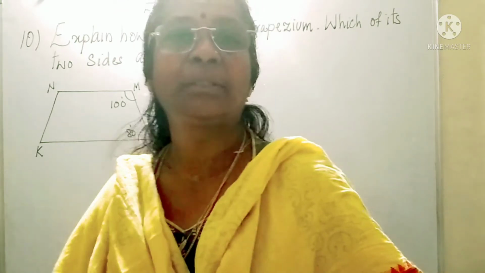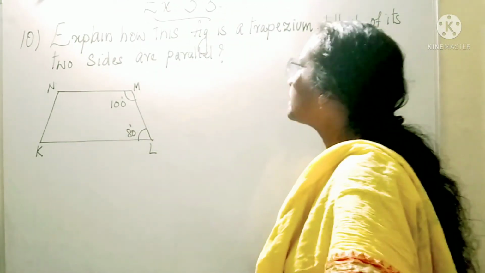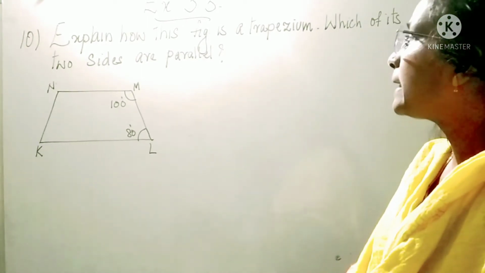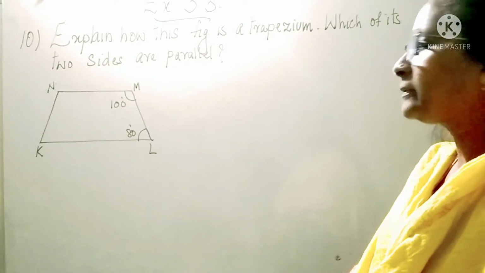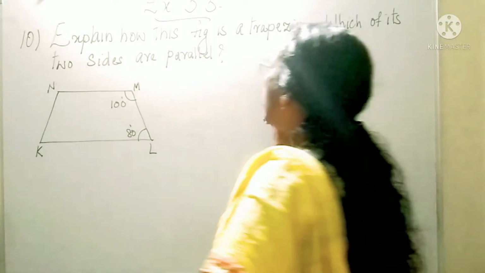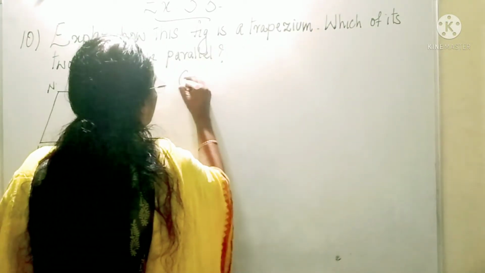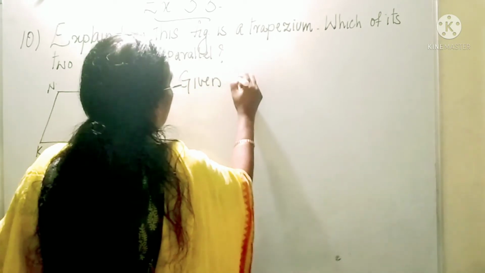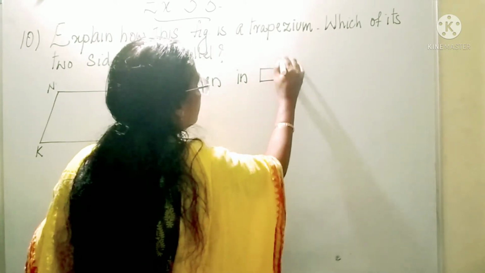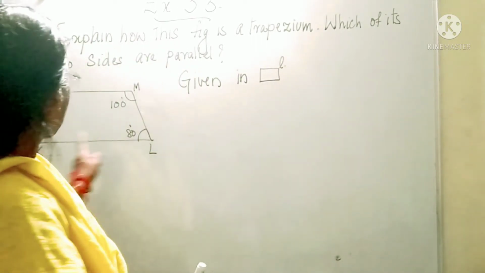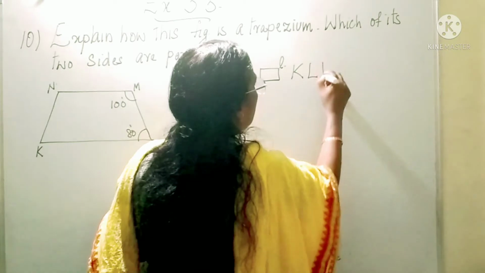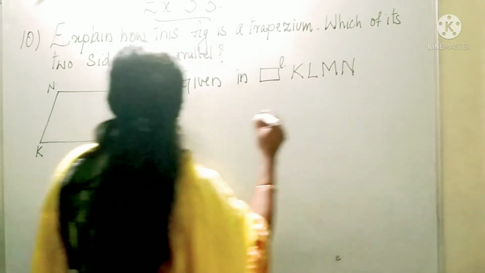The next question, question number 10, is: explain how this figure is a trapezium. Which of its two sides are parallel? Now you see here there is a figure, a quadrilateral KLMN. So what is given here? You can write: given, in quadrilateral KLMN,